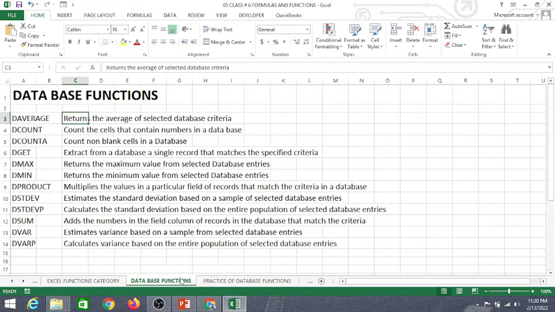It returns the average of the selected database criteria. And the count, it counts the cells that contain numbers in a database. The count A, it counts non-blank cells in a database. We have the get. It extracts from a database a single record that matches the specified criteria. We have the max. It returns the maximum value from selected database entries. And the min, it returns the minimum value from selected database entries. We have the product. It multiplies the values in a particular field of records that match the criteria in a